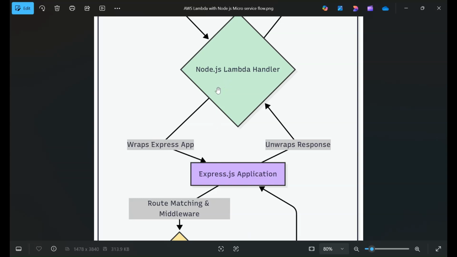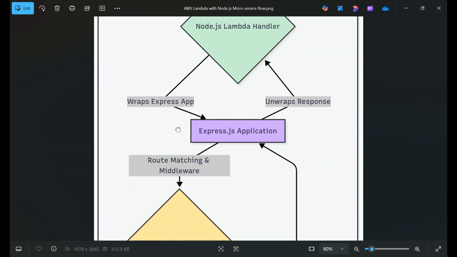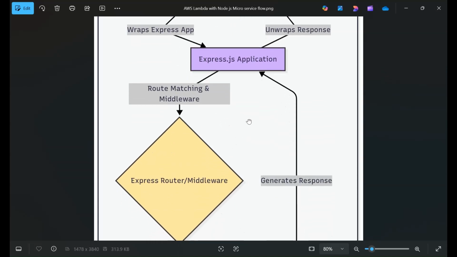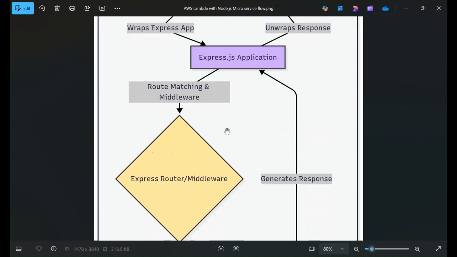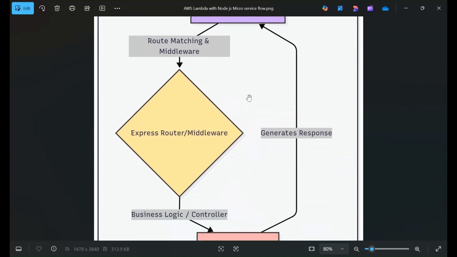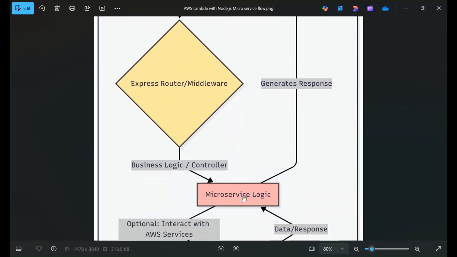In a similar way here, the Node.js Lambda handler will wrap the Express application and send it the request, and the Express.js application has to own the responsibility of sending back the response. Now Express.js has been sending the information, as I said, the same information. The routing middleware has to take care of the routing information, and there the microservice, whatever the logic, every